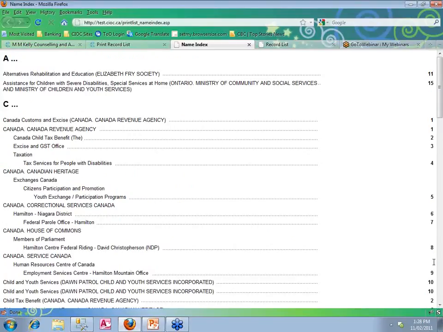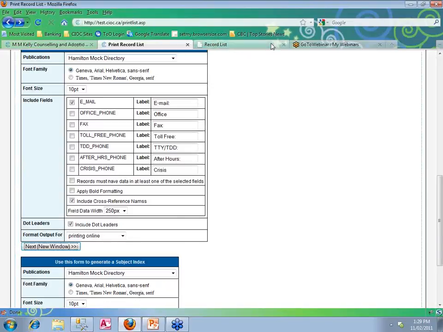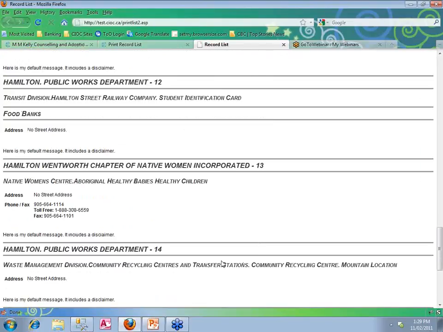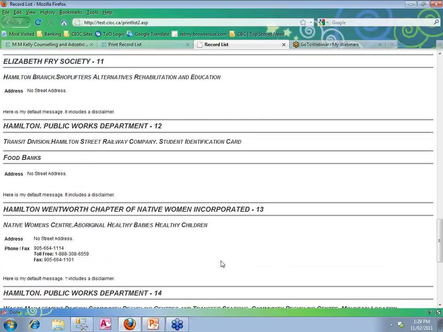And it does the same listing with the numbers that coordinate with the particular record in Hamilton Mock Directory. So it has to tie one to the other to the other. If you don't use the same publication for all three, they won't match up. That's the basic tool. So you can print record data, you can print multiple records at a time, you can create